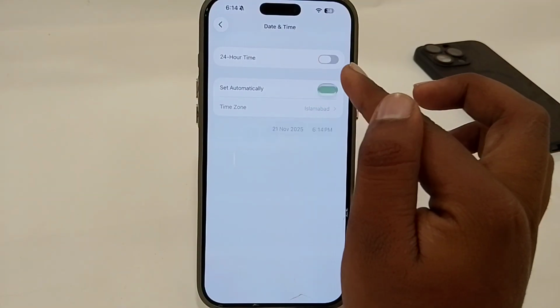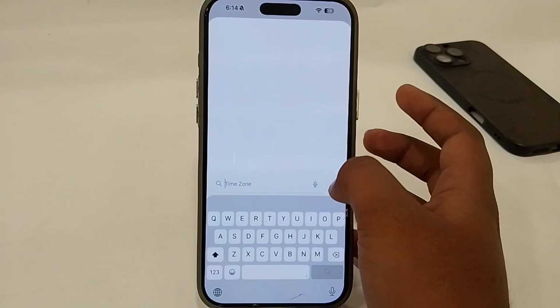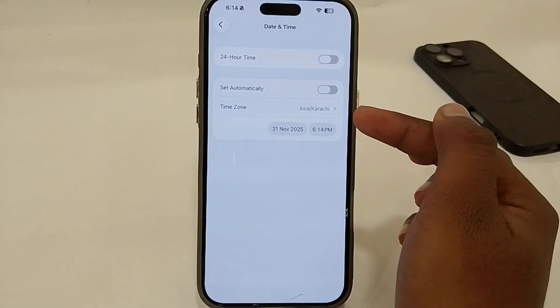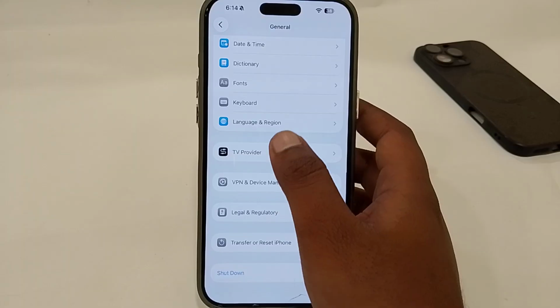disable this set automatically. Then select your time zone. You just have to select your own time zone in which you're living. After selecting, enable this again. Then go back and you have to go for language and